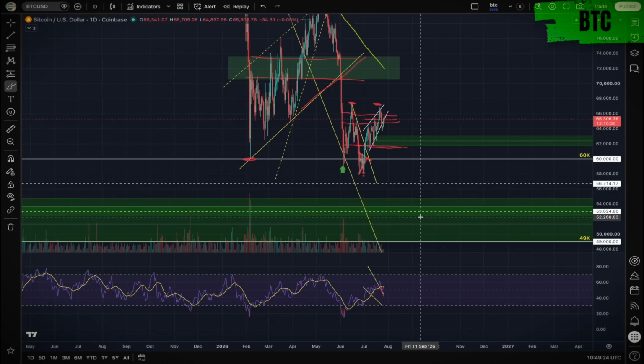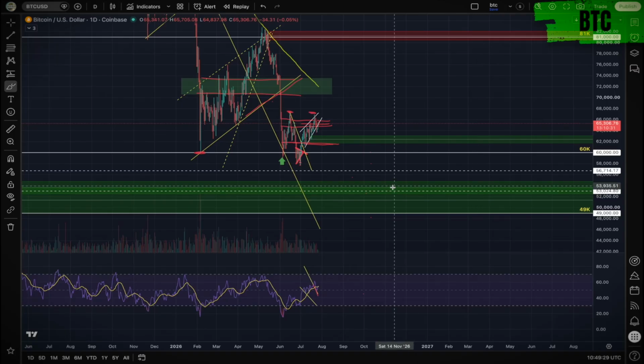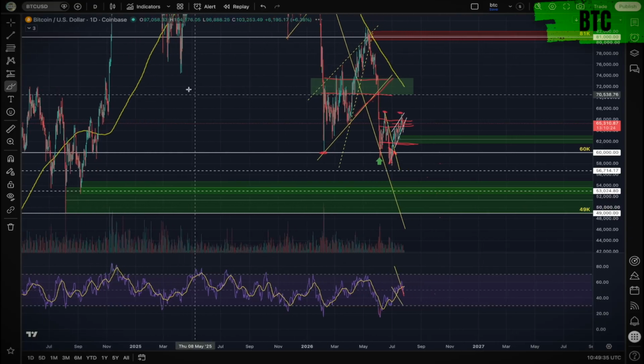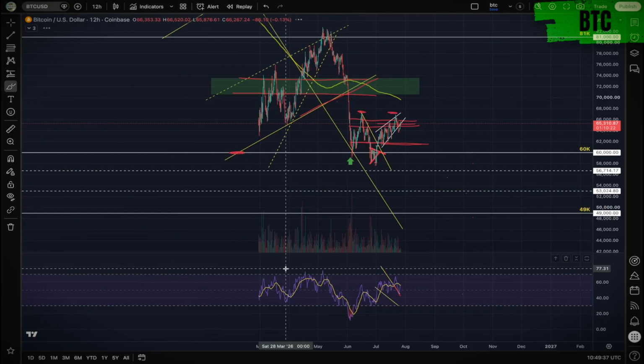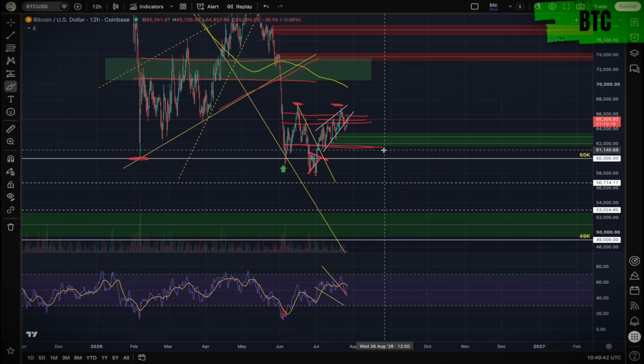If we switch to the daily chart, we get a broader picture of what people are thinking. And again, this is where people are expecting a reversal from the bear market, between 55 and 49k based on these order blocks. And if we start moving back down towards the 8-hour chart, you can see that there's this big chasm underneath these current levels.